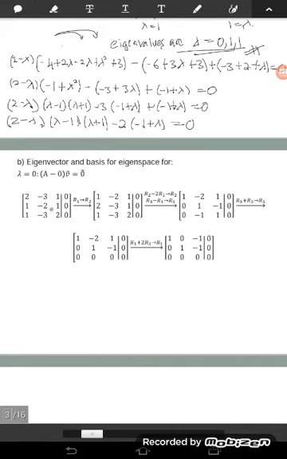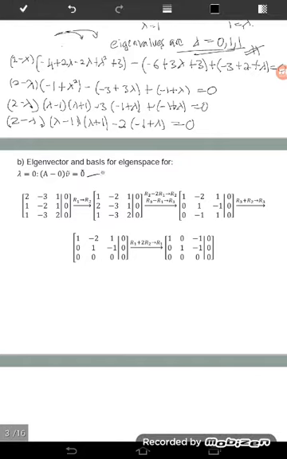And then transform into augmented matrix. So you will have this one, this form. Okay, so yang ni kalau korang tulis dalam bentuk matrix equation, so you will have 2, negative 3, 1, 1, 1, negative 2, negative 3, 1, 2. And here is v1, v2 and v3, which is equal to 0, 0, 0. So kita nak cari eigenvector this one, v1, v2, v3. So transform into augmented matrix become this one.